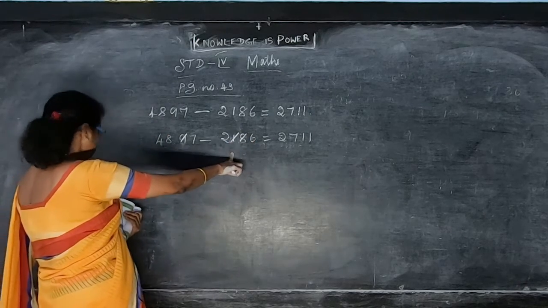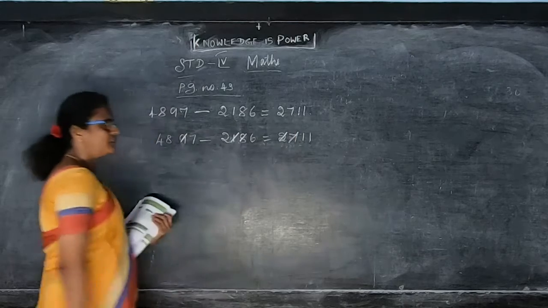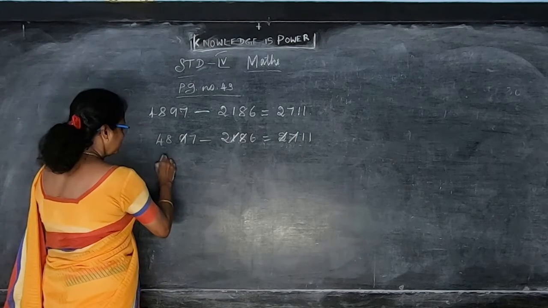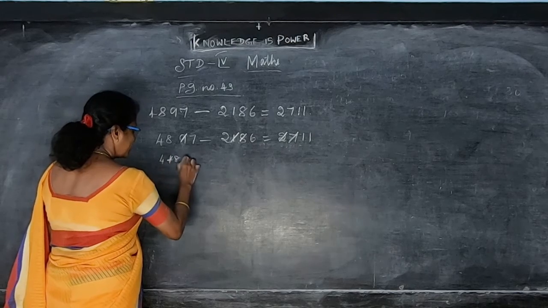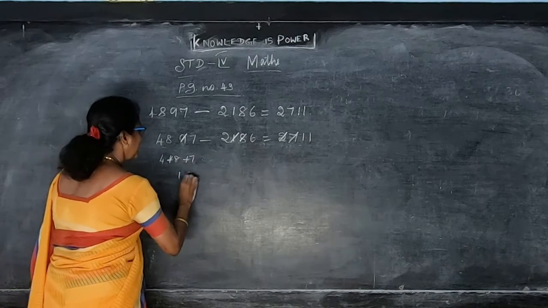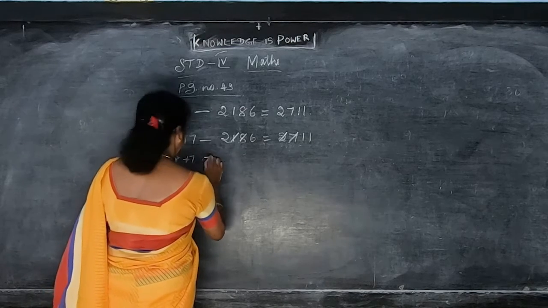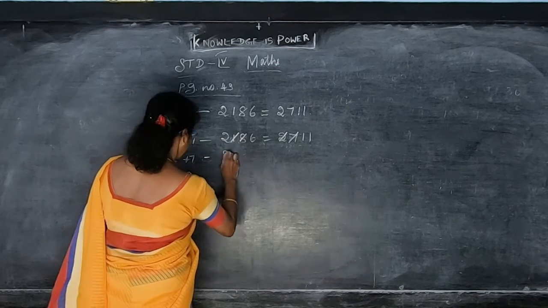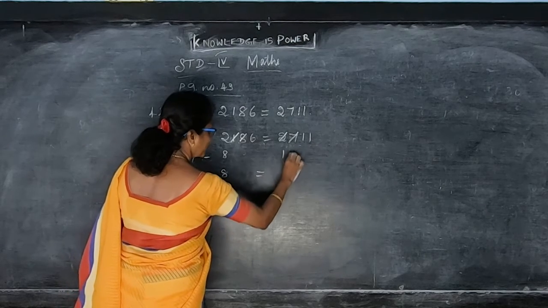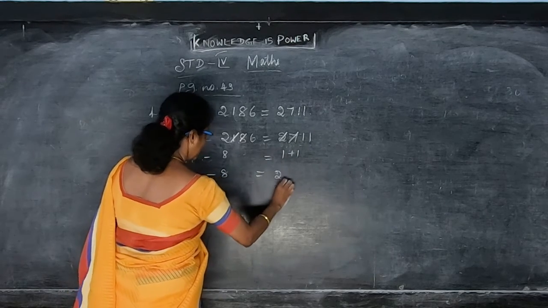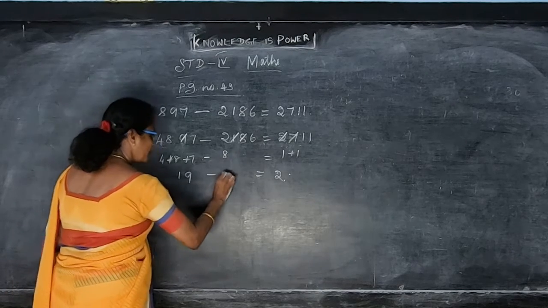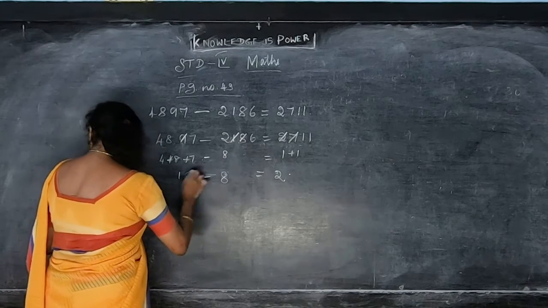8 and 1 add up to 9, right? Then strike off 2 and 7. Then 4 plus 8 plus 7, how much will it come? 8 plus 4 is 11, 11 plus 7 is 19. That is minus 2 plus 6, 8. So 19 minus 8 is equal to, here it is just 1 plus 1, that is 2. So 19 minus 8, how much will it come? 19 minus 8 gives you 11.